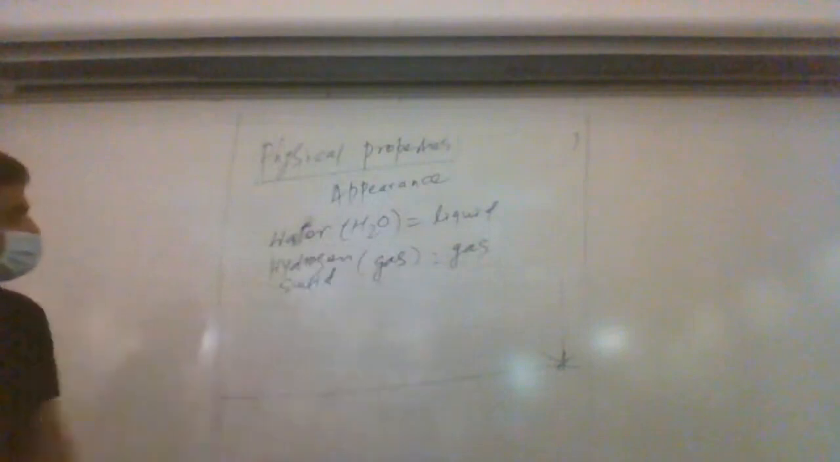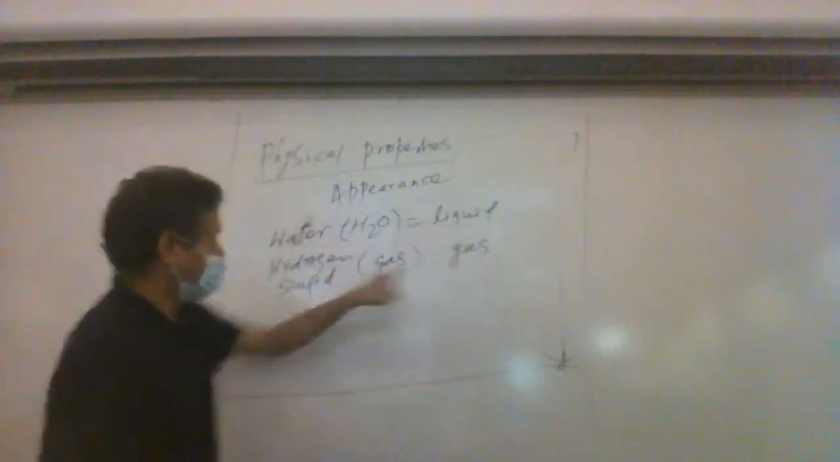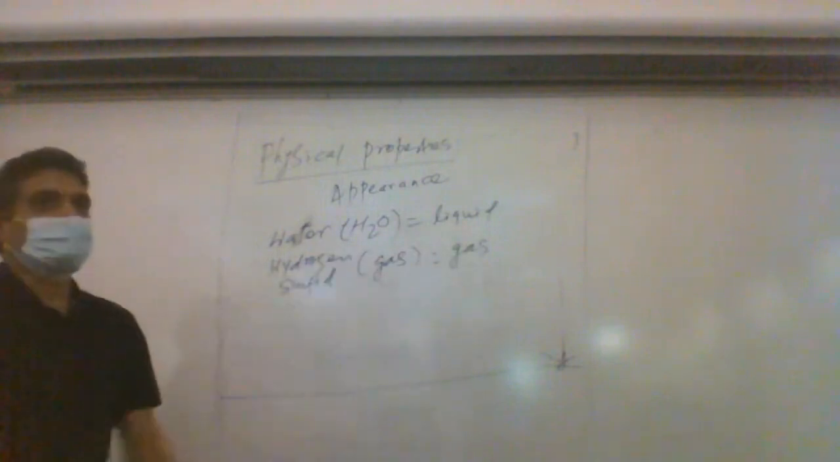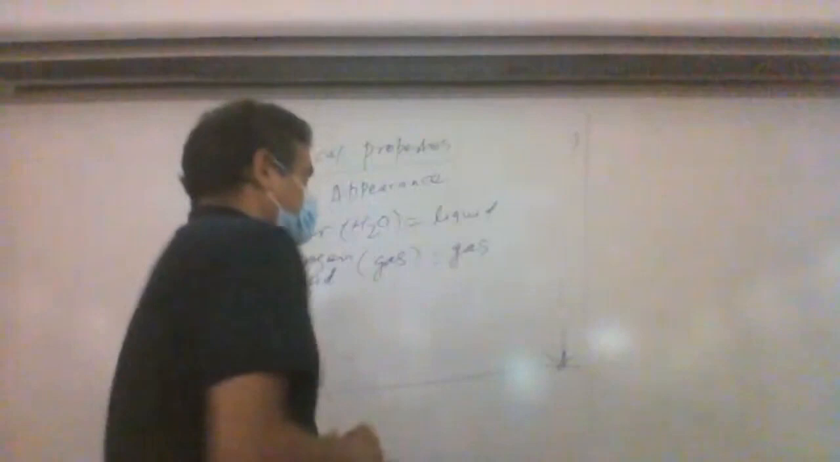Why? This is a physical property. How does it look like? Liquid. So why do they look like that? They look like that because of their molecular attraction, molecular attractive properties. All right. So let's say